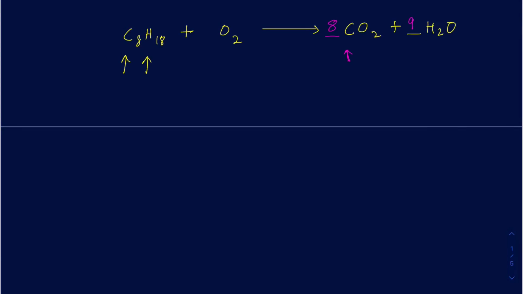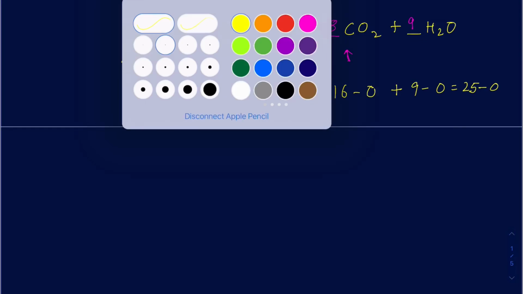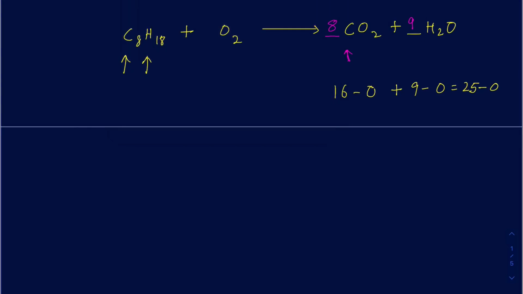So maybe I can change the color there. So 8 CO2 gives you 16 oxygens here, and then plus how many oxygens you have in the water. I got 9 water molecules, so that's going to be 9 oxygens there. So that's a total of 25 oxygen atoms there. Okay, so since you have 25 oxygen atoms, I need to go back and make sure I have 25 oxygens